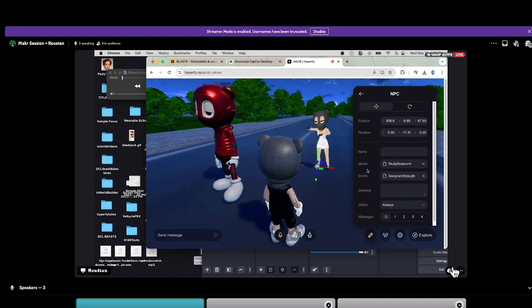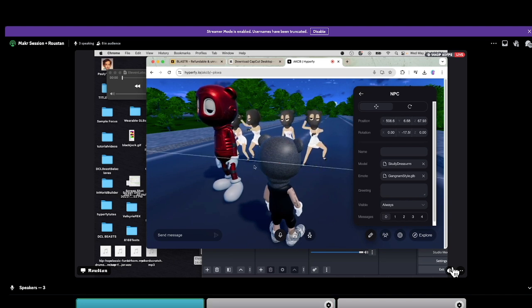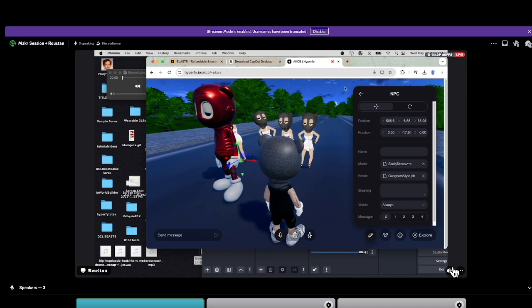But what I really want to do is make like a whole crew of these girls. So all I have to do is hit Command C. I think that's Control C on PC. Command C, Command Paste, and now I have 2 of them. I'm gonna do like 4 of them. I'm gonna paste another one, put it right next to her, and then one more, put it right next to her. All right, and now